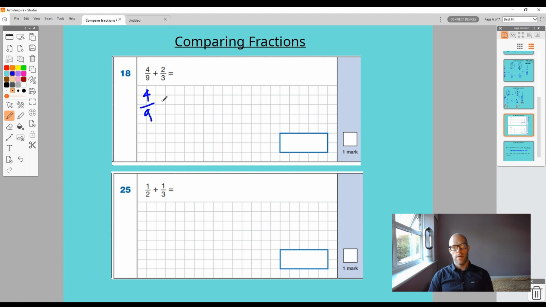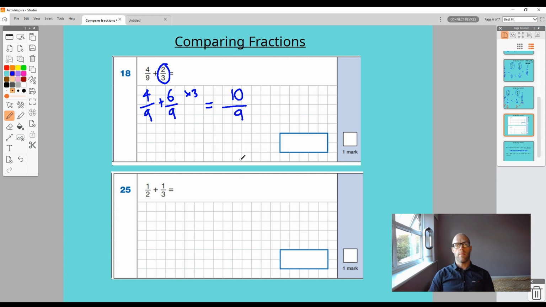And then I'm going to convert this to ninths. So 2/3 converts into ninths. 3 times 3 is 9. 2 times 3 is 6. Now I've got them both in ninths. I have 4 add 6, 10